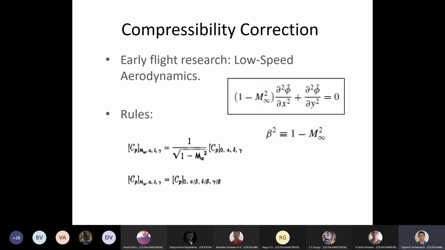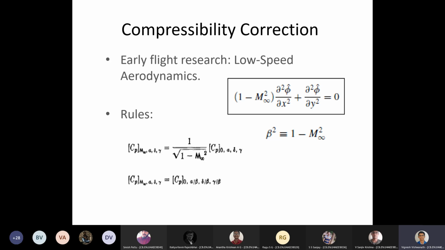So what they're saying is, let's say you have a 5 degree AOA airfoil. Now if you increase it to 10 degree AOA and at the same time decrease the Mach number, there will be a particular value of angle of attack at which you get the same CL you got for 5 degree AOA, but for a different Mach number. The same happens when you increase the Mach number and then decrease the angle of attack. This way they are relating one value of CL and even CM with the other.